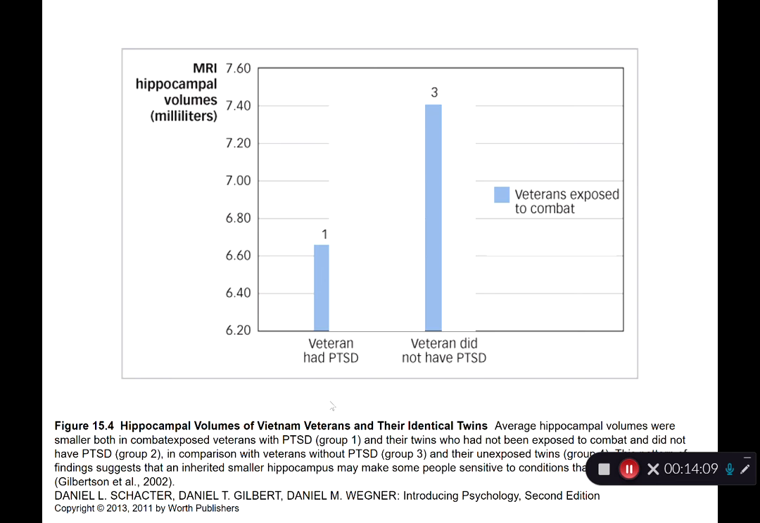Now, diathesis is a biological predisposition, and the stress is some environmental event that occurs. In this study, they used MRIs to look at the size of individuals' hippocampi. The hippocampus is a brain structure involved in memory. And it was noticed that veterans who had been exposed to combat and had PTSD